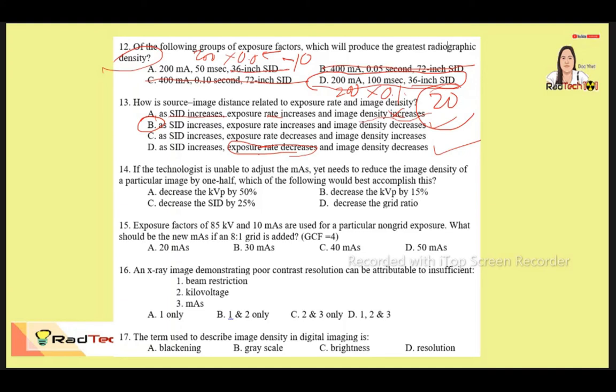So, 14. If the rad tech is unable to adjust the MAS, yet needs to reduce the density of a particular image by 1/2, which of the following would best accomplish this? So, kapag hindi raw pwede